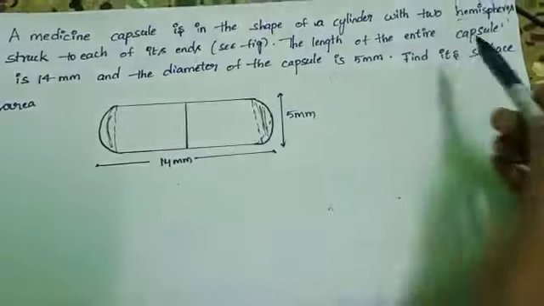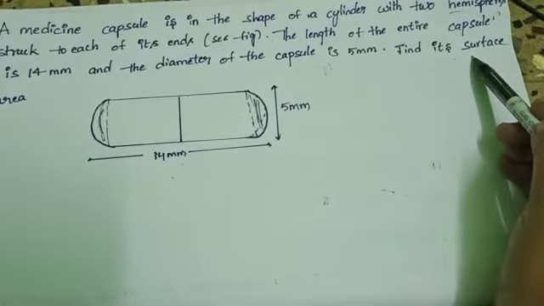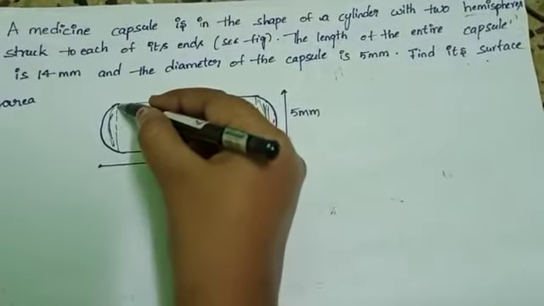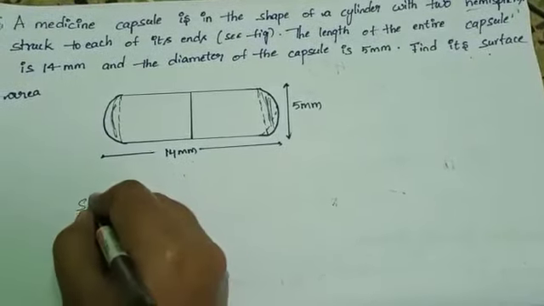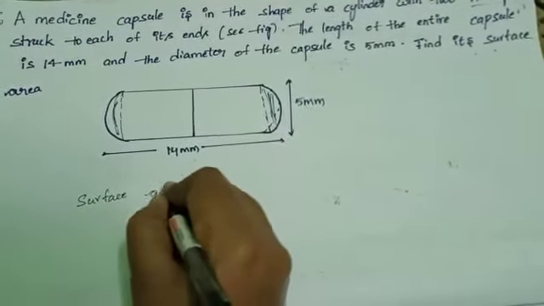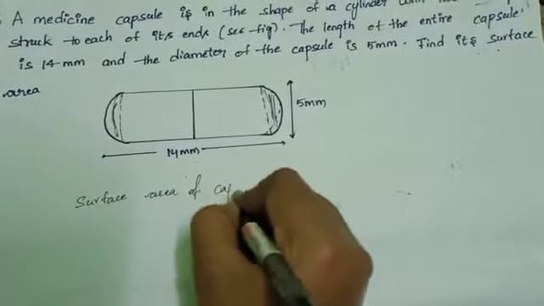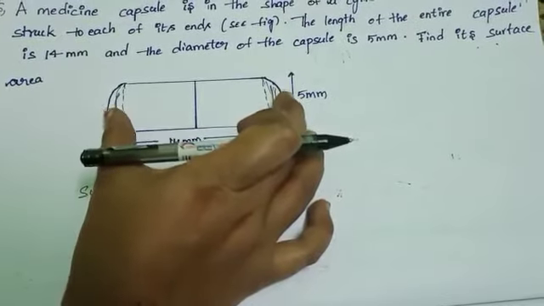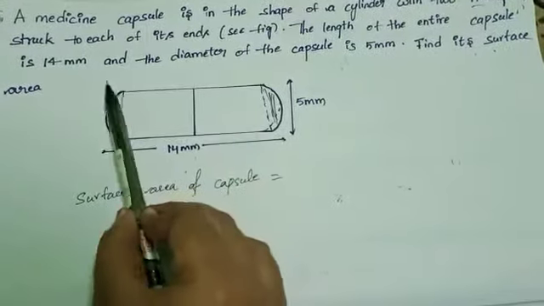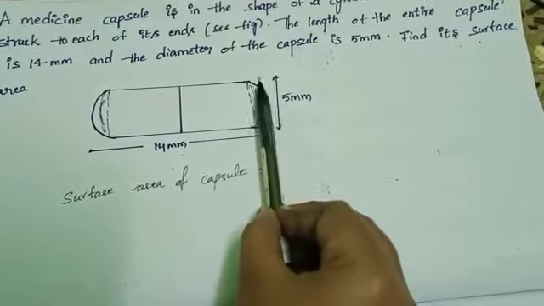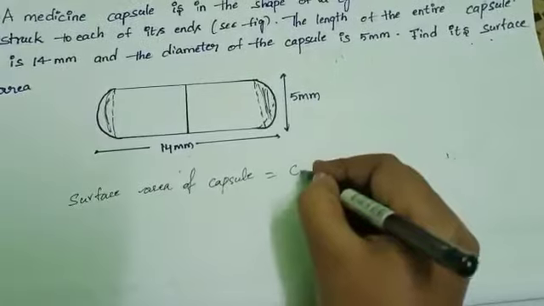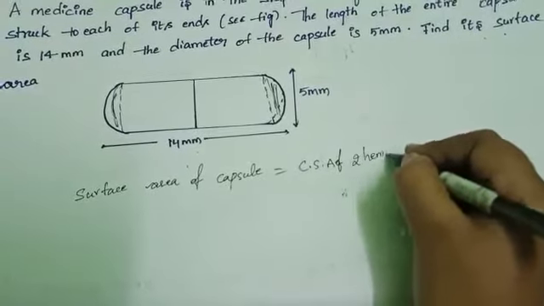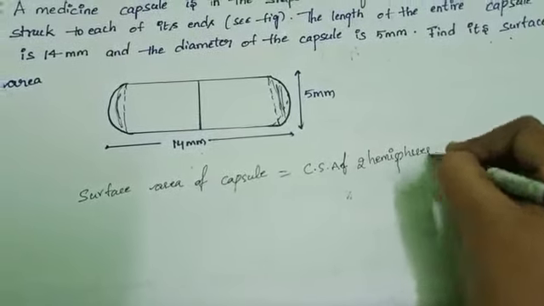Find the surface area. What is the surface area definition? The area or region occupied by the surface of the object. Okay, so here, surface area of capsule equals, here we have two hemispheres, only the curved region. Curved surface area of two hemispheres, plus,